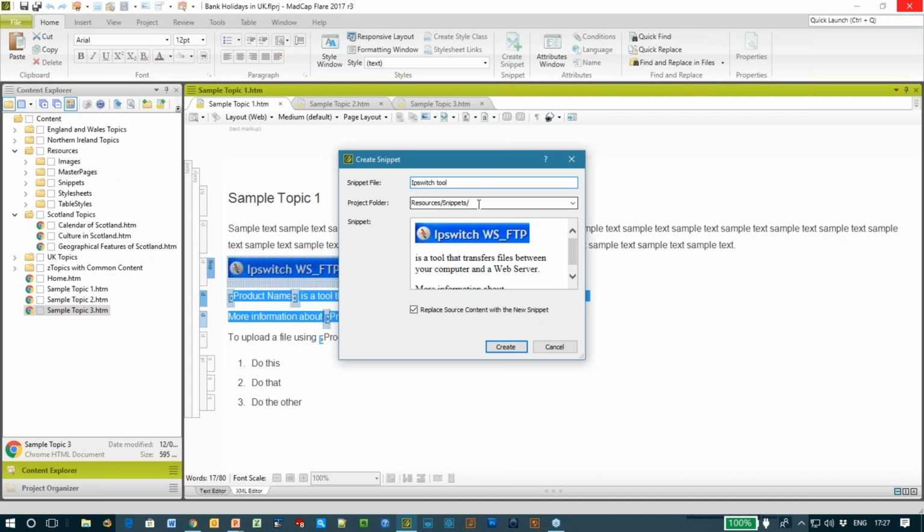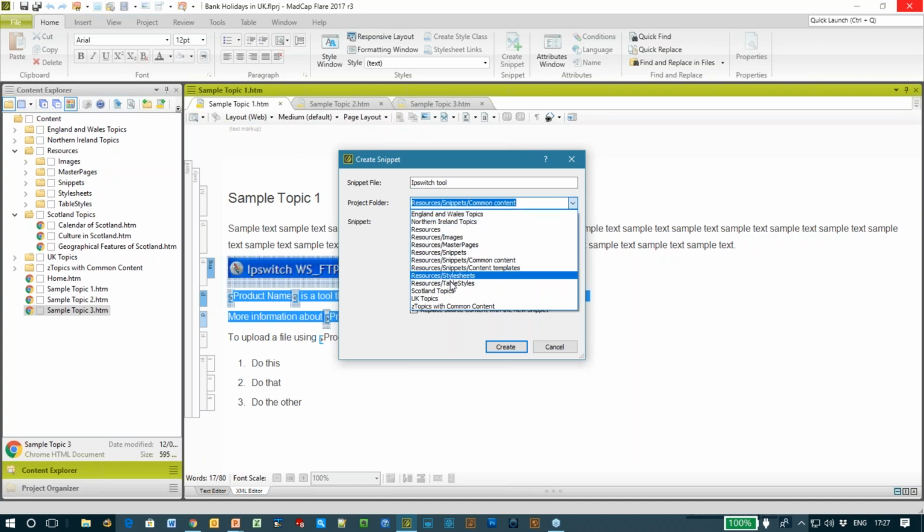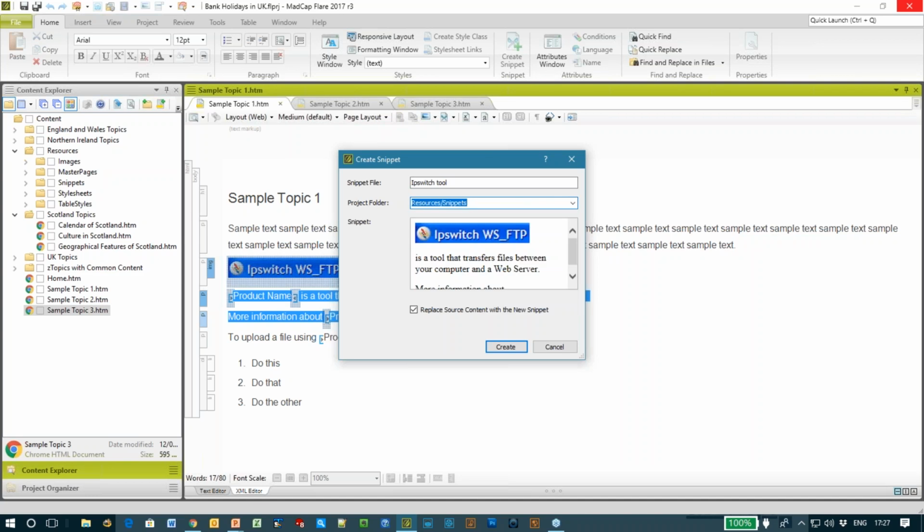Flare is going to automatically, by default, put it in my resources snippets folder, but I don't have to put it there. If for any reason I wanted to put it in another folder in my project, I can, although resources snippets is kind of the natural place, I guess, for it. And it's also going to do the job